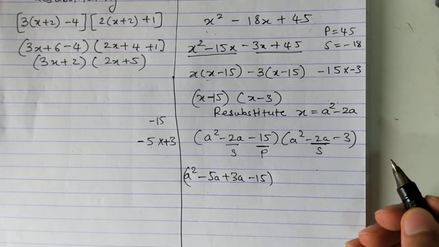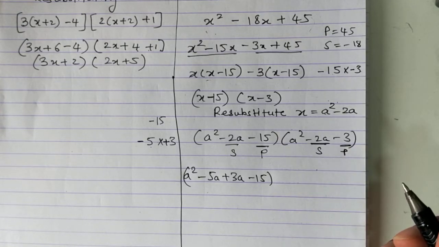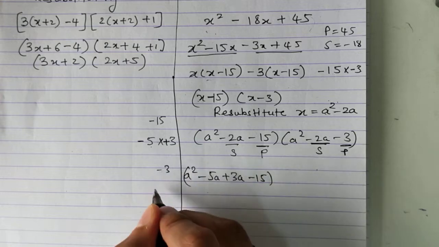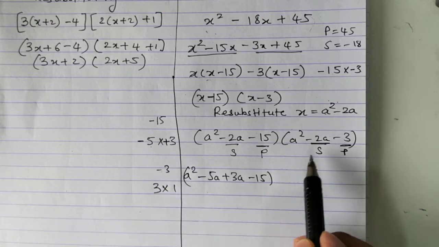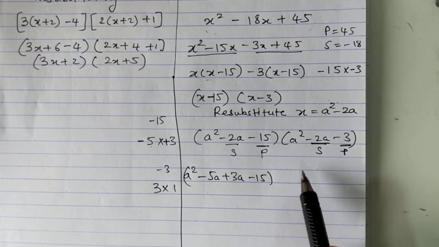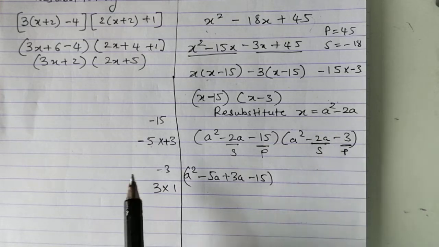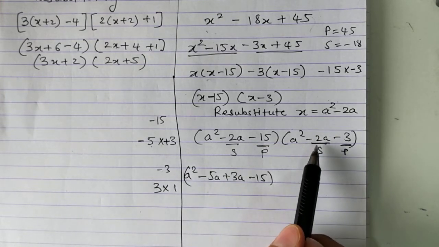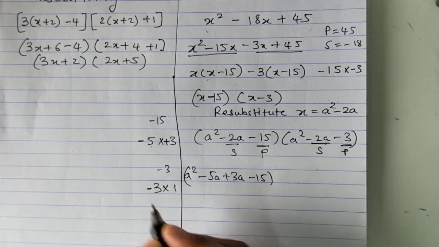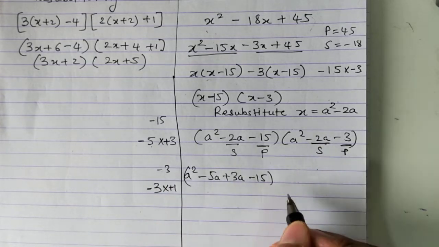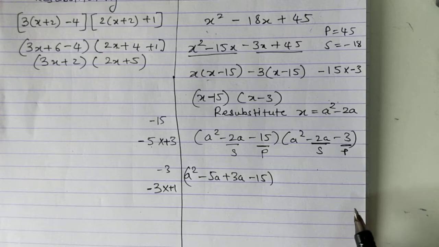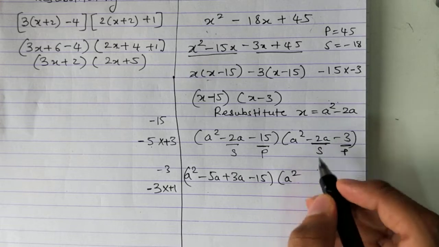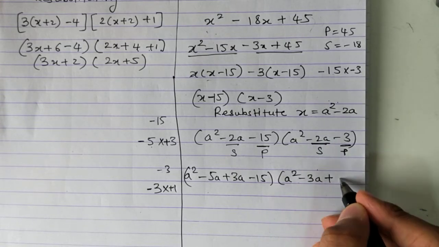Okay, now this splitting. Here I want minus 2 as the sum and minus 3 as the product. I want 3 in the product. So 3 is 3 into 1, 3. Simplest. But when I add them, I should get sum should be minus 2. The number in the middle, that should be the sum. Adding them, you should get this number, minus 2. If I want a negative number, give the bigger number the minus sign and the smaller number the plus sign. So minus 3 plus 1 is minus 2 and when you multiply minus 3 with plus 1 you get minus 3. Okay, so let's split this also. Minus 2a will split as minus 3a plus a.